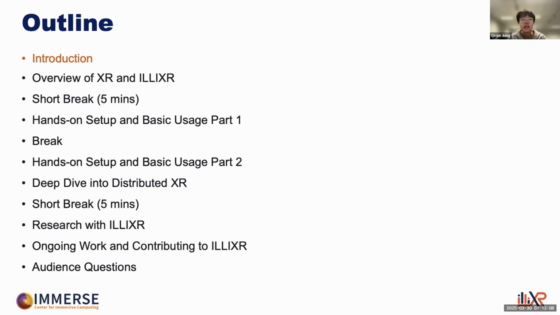Okay, today's agenda is as listed here. We will first give a broad introduction on immersive computing and the grand challenges and opportunities it gives us. Next, we will give an overview of XR and ILLIXR. We will also give you a hands-on demo of how to set up and run ILLIXR and a walkthrough into the important features in ILLIXR.